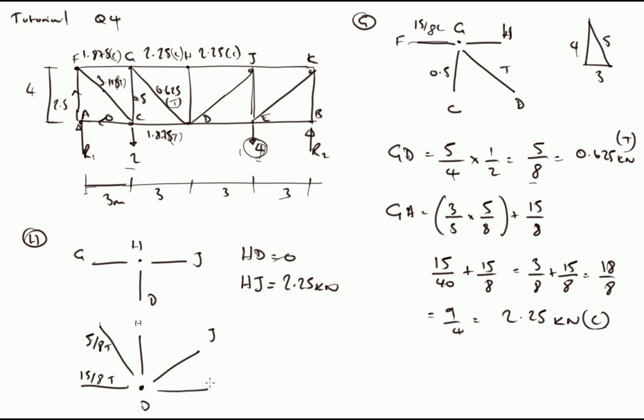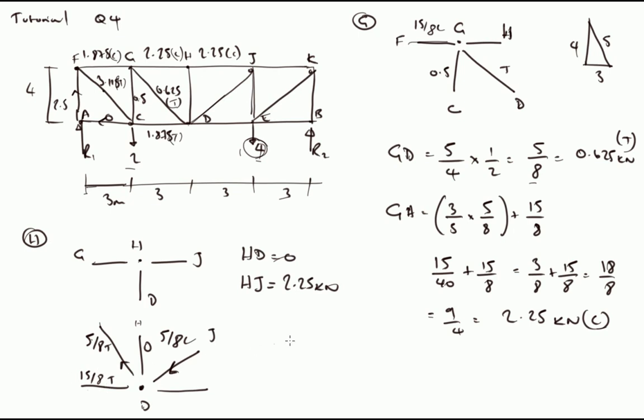Therefore, let's have a look at this. Going vertically, this is 0, so our vertical component says that this here must be 5/8 in compression this time. That's interesting. Yeah, so this does flip and go into compression, so that's 5/8 compression, because this tension has to be balanced in the vertical direction by a compressive force. So that one's going upwards in tension, this one has to come down in compression, and that reduces this